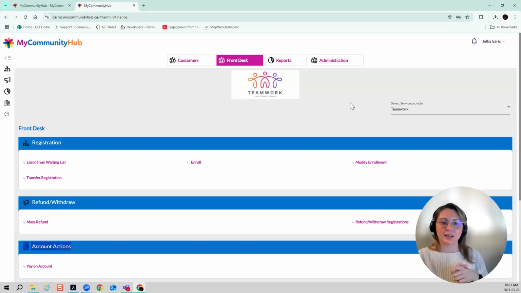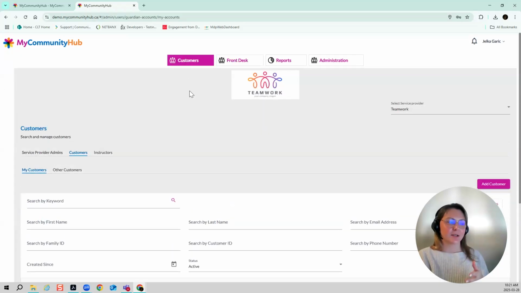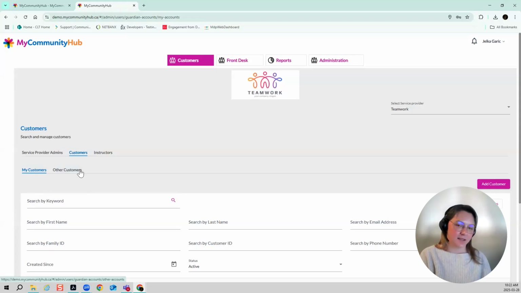So front desk, anything that we're doing to help a customer. On the customer section, I can actually go in and find a customer. So let's say I need to look up a customer's information, or they've asked, did I register for this program? I can go in and check on that. You'll see that I have my customers and then I have other customers.